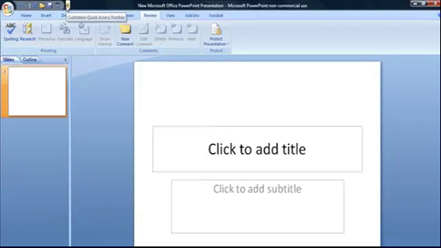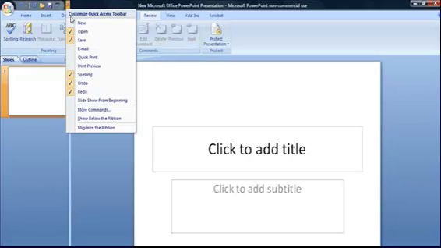Up here above that, we have what they call the quick launch bar. That's where you can add things that maybe you were used to using a lot in the former version of PowerPoint 2003, and you can't find it in the tabular view, so you can add it up there. You can see I've even added one. I've added the spell check earlier,